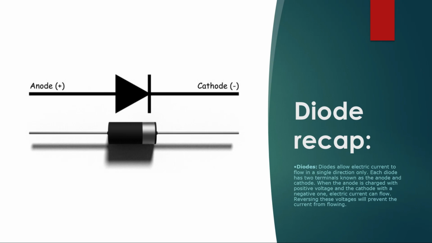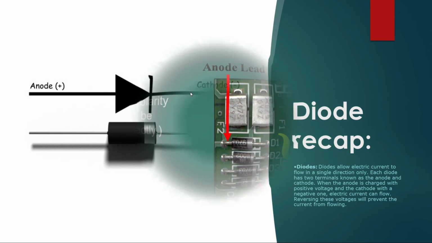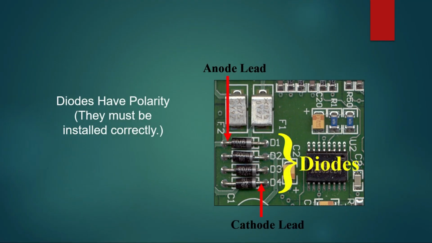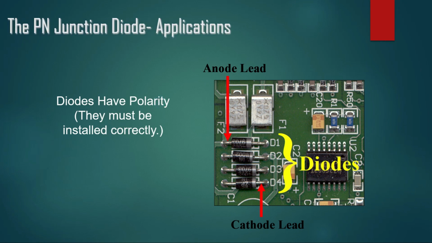Diodes are devices which can conduct current only in one direction, from left to right, or from anode to cathode. We should also know that diodes are used in many circuits. When we use diodes in practical applications on a board, there may be one or many diodes. Here we can see 4 diodes on a circuit.